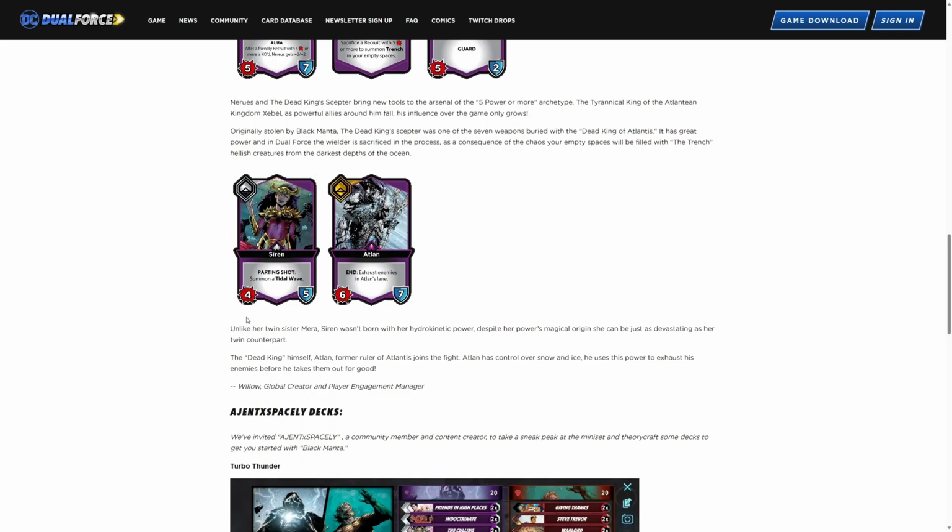Let's see. She's silver 4/4. Parting shot, summon a tidal wave, which is a 5/1 with rush. It dies at the end of your turn. This one is going to be excellent for control type decks. We'll have to put that in our control decks for sure. So Atlan